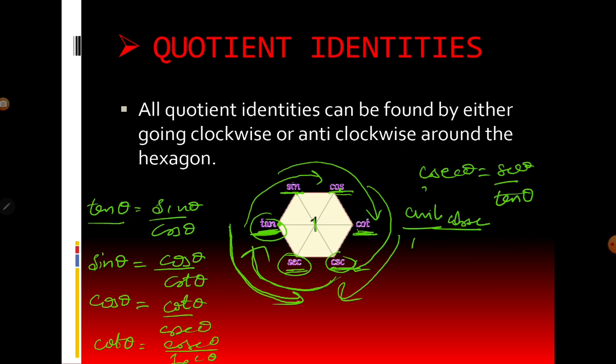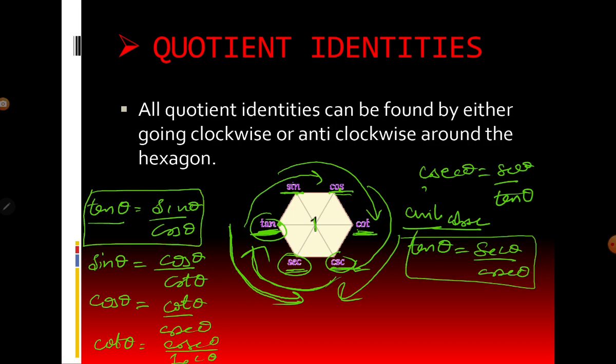Okay. So now tan theta again is what? Second by third. That is secant theta by cosecant theta. If you want to check, these two values are same. How will it be same? I'll justify. So tan theta is what? Secant by cosecant. In our previous slide, what is secant theta? We wrote secant theta is 1 by cos theta. You can write here 1 by cos theta. Again, cosecant is 1 by sin theta.